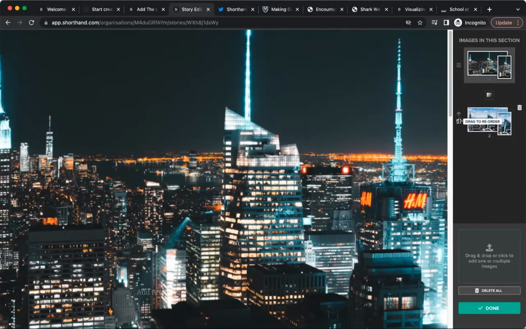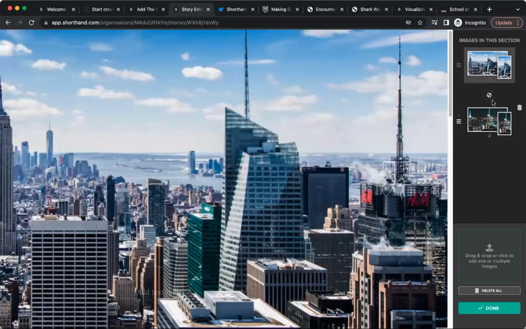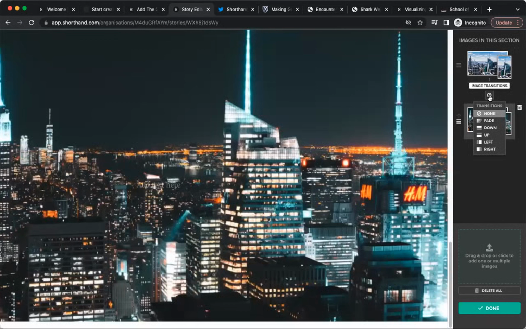So to move these, I'll just hover over the 3 lines, click and drag to reorder. You'll see that it kind of changed my transition, but to update those, you can click into that button. We can set it to fade. We can have it transition down or up, left or right. So again, depending on your assets and what you're wanting to do, you might play around with the available transitions. As I mentioned, I want this to look like night is falling on the city, which actually, yeah,